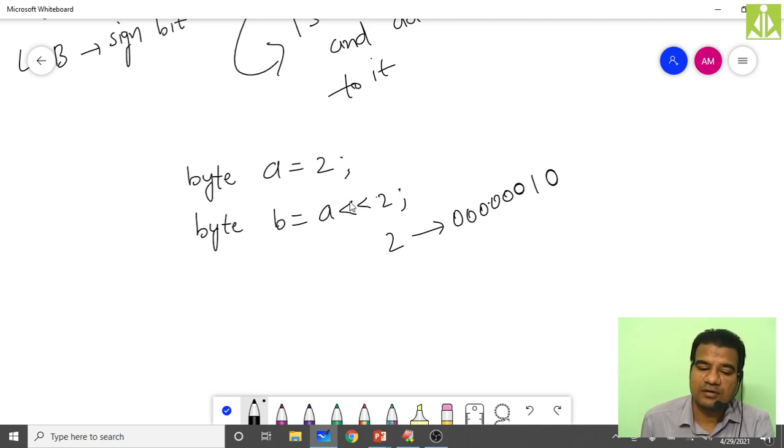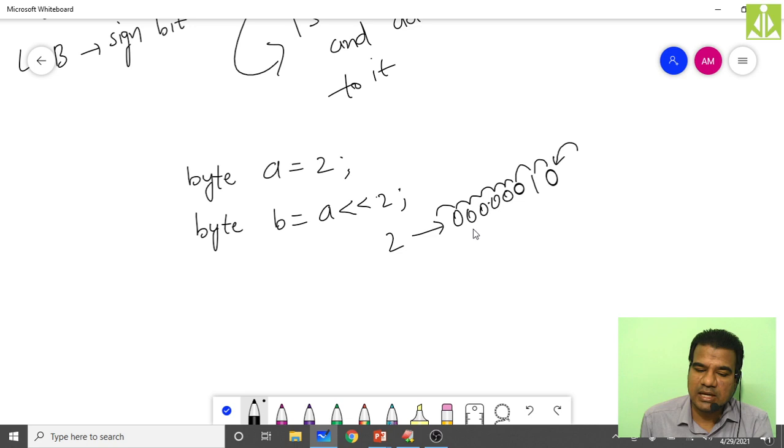The integer number you give after the operator represents how many times you want to perform the shift operation. Here I want to perform it 2 times, so I have given the count as 2. When you perform it the first time, all the bits are shifted one time towards the left. This 0 will come over here, this 1 will come here, and likewise all these bits get shifted. The leftmost bit will be ignored, and an extra 0 will be added into the number from nowhere. Remember this one.